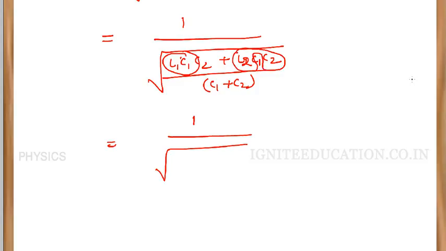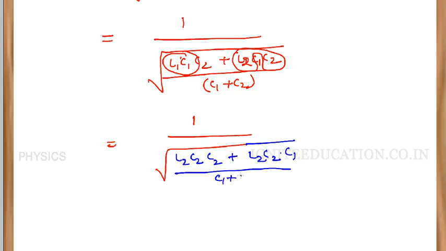Now I am replacing one of these with the other one, with the given condition. So instead of L1 C1 I am writing L2 C2, C2 is there already, plus L2 C2 C1, I am just reshuffling this expression, divided by C1 plus C2,